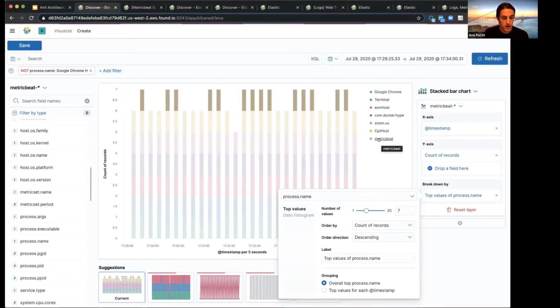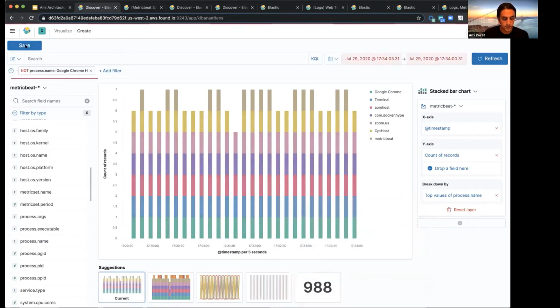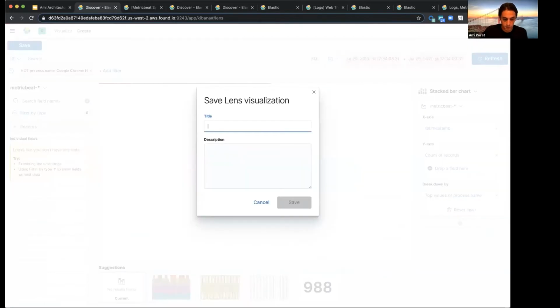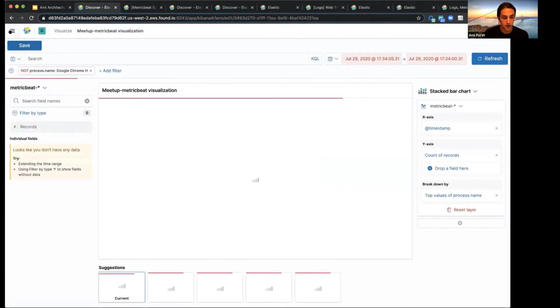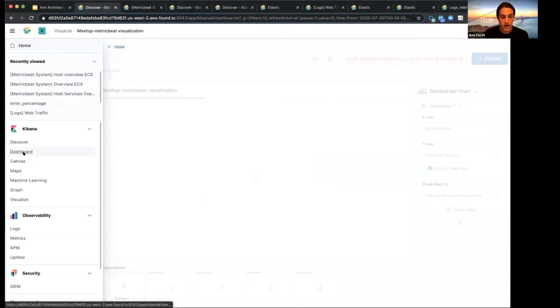So what I'll do is I will save this visualization. I do apologize, my computer is working really hard today. So I'm grateful for the work that it's putting in. I'll save a visualization here. We'll say Meetup metric beat visualization. We'll save that. So now what I can do is I can go back to dashboards, and dashboards